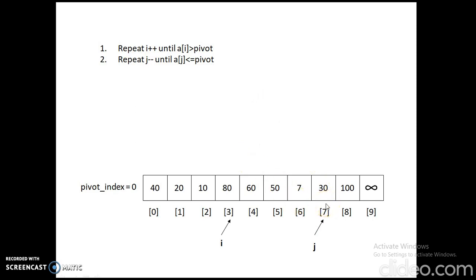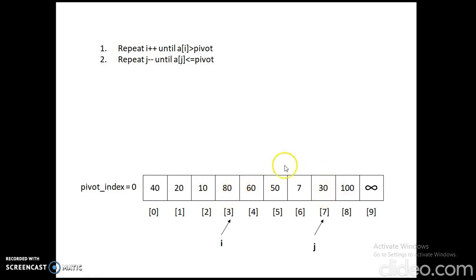So when I have done with my left to right and the right to left scan, I need to swap the elements in those two scans, which are basically out of order, because I am searching for the element towards my left less than or equal to pivot, and towards the right greater than or equal to pivot. But the element at A of I is greater, and this is lesser.